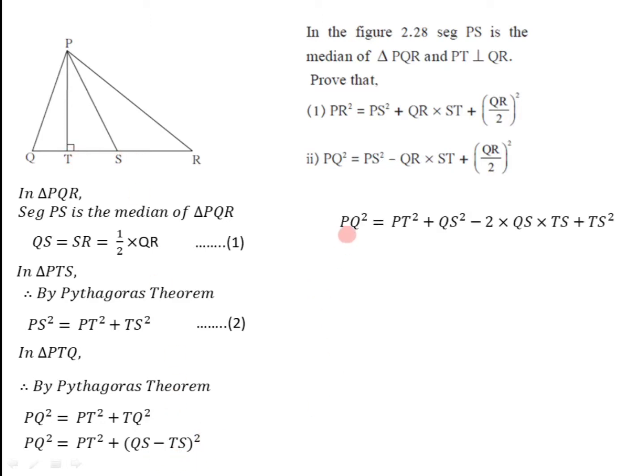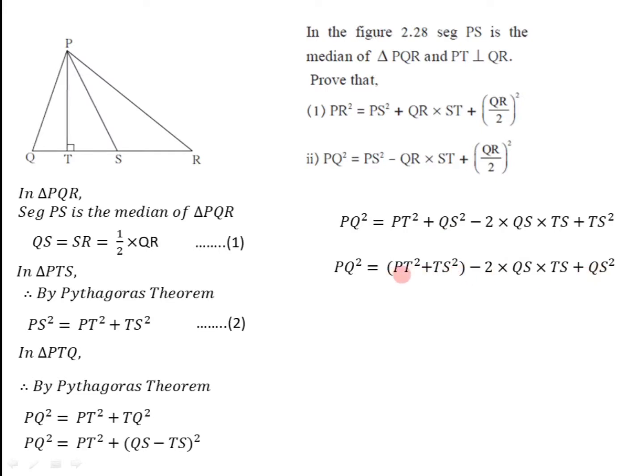If we simplify this bracket, we get the left hand side PQ square as it is equal to PT square. Now this is in the form (A minus B) bracket square, so we have to use that expansion formula. By that, we have written here the first term square. The first term is QS, that's why QS square, minus 2 into product of these two, that is 2 into QS into TS, plus second term square. Second term is TS, that's why TS square. Now in the bracket we will collect first term and the last term, that is PT square plus TS square, minus the remaining terms, minus 2QS into TS plus QS square.